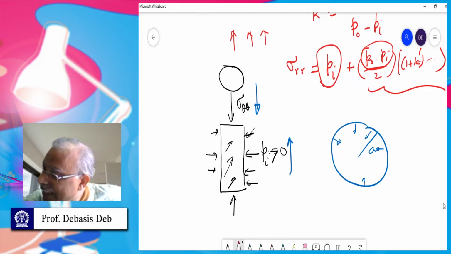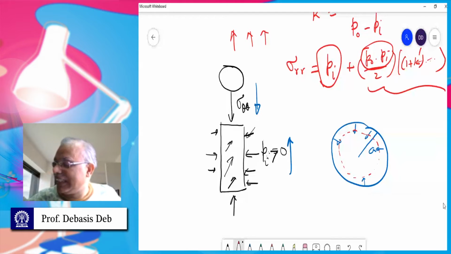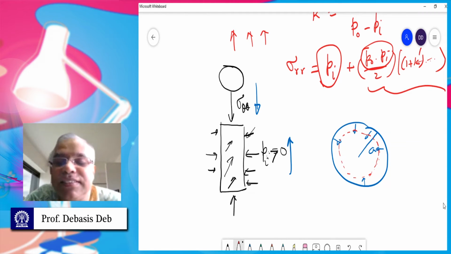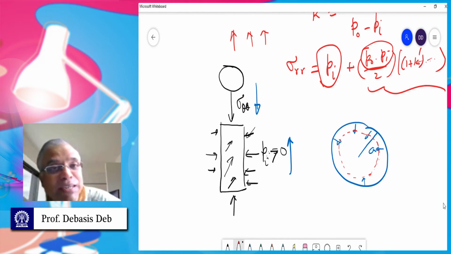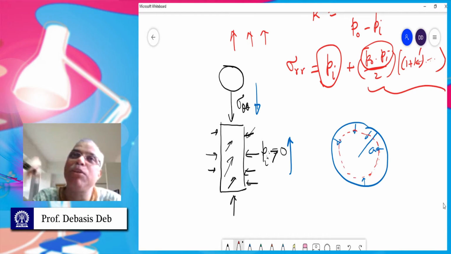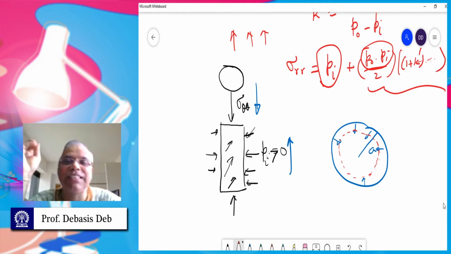So I can say this tunnel may become something like this. Yeah, I'm exaggerating. This will not be so much displacement, but this tunnel is going to get squeezed, and this will depend on its material property also. See, so far we have not discussed the material property. Now, when you calculate displacement, then material property will come into the picture, like modulus of elasticity, Poisson's ratio. All these things are important now.